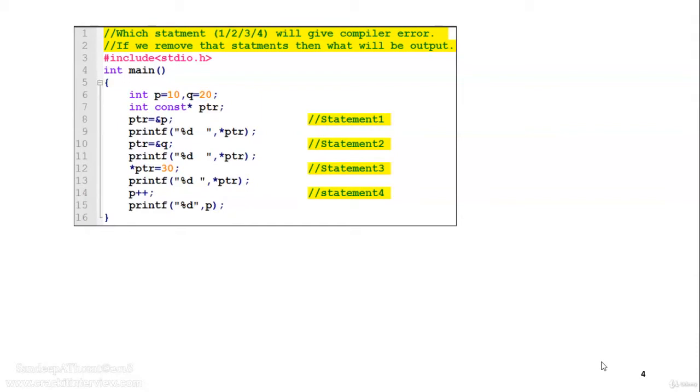In the program, there are two integer variables declared, that is p and q. On line number 7, there is a pointer declaration. The ptr pointer is pointing to variable p on line number 8, that is statement 1. The ptr variable is pointing to variable q, and that is statement 2, on line number 10. Then we are trying to change the value pointed to by ptr to 30 on line number 12, and that is statement 3. And on line number 14, there is a statement which is changing the value of variable p, which is statement 4. And the correct answer of this question is,